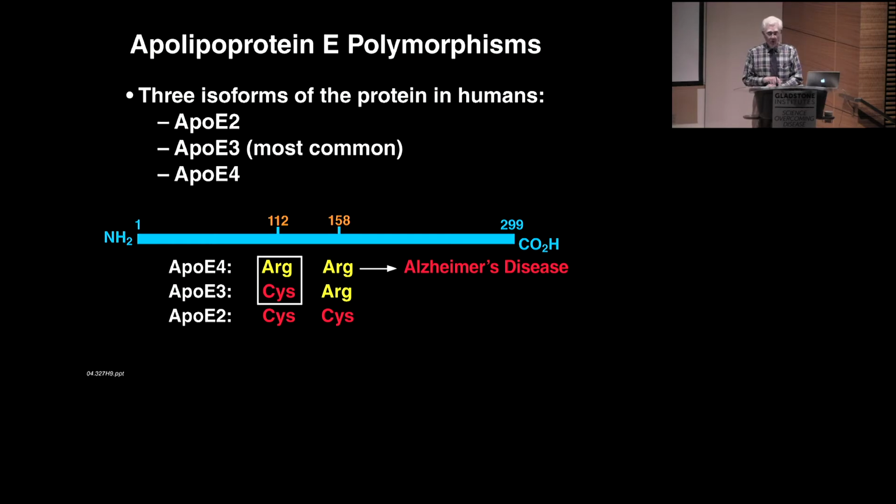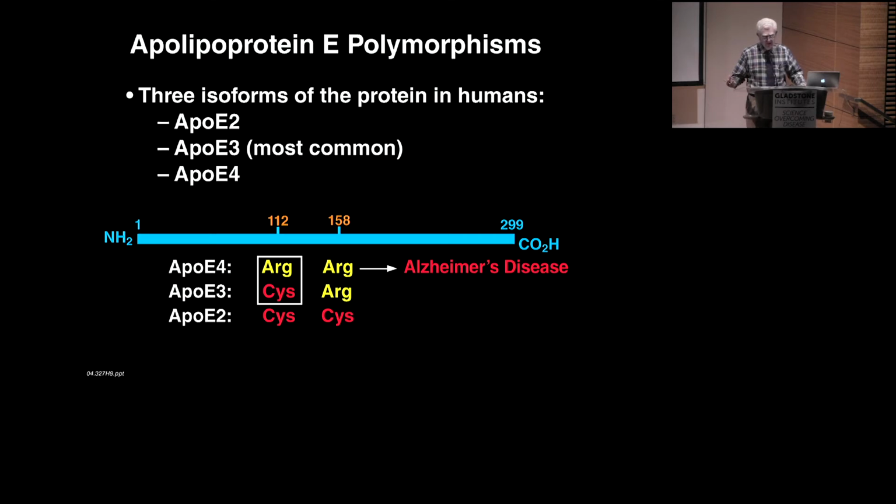And ApoE4 is actually the major genetic risk factor for Alzheimer's disease. Okay, so now you know everything you need to know about ApoE4 to understand my research. It didn't take long, but it was critical,